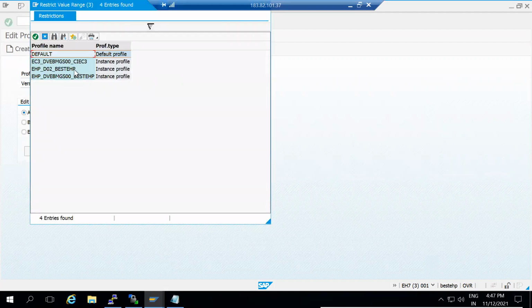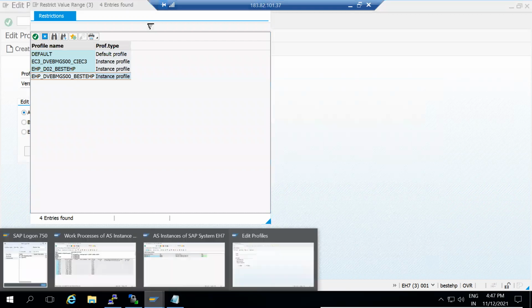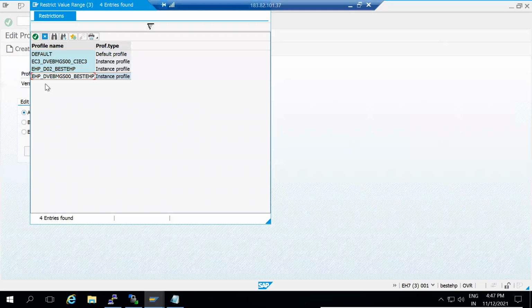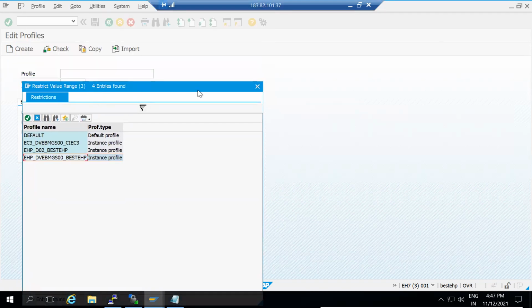One is your CI and another is your dialog instance. But you can see here the SID is not correct.